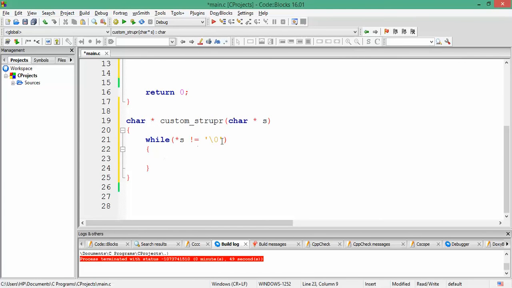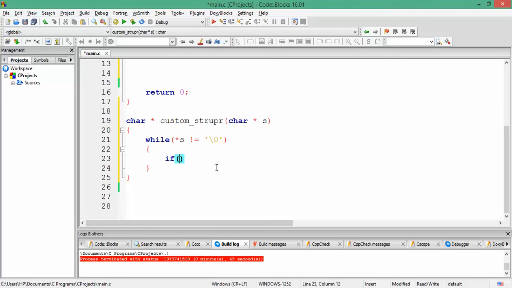And within this loop, at the beginning, this s is going to point to the first character of the string, and within this loop we are going to check whether the character pointed by this s pointer is a lowercase character or not. As we have seen, small a has the ASCII value 97, small b is 98, up to small z, which is 122.